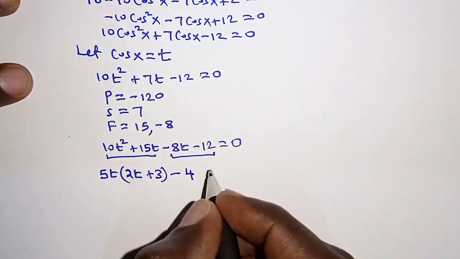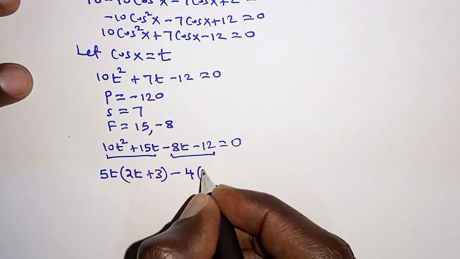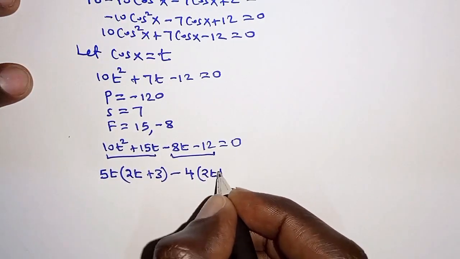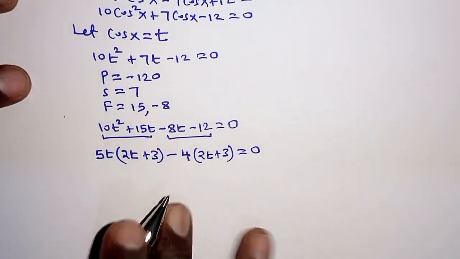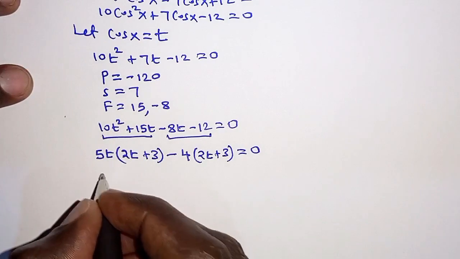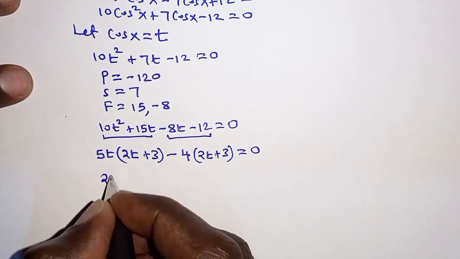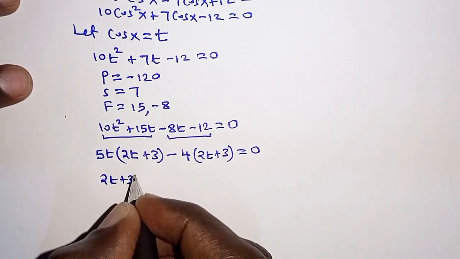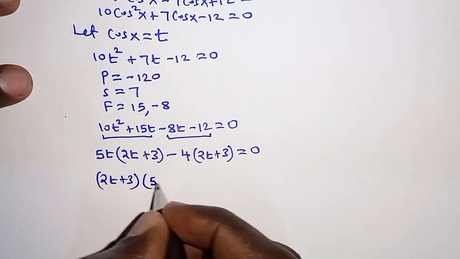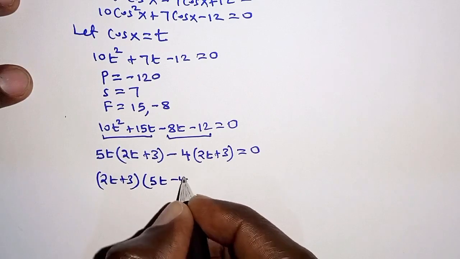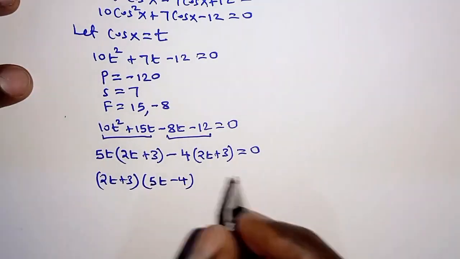So we have 4 into 2t plus 3 is equal to 0. So again, 2t plus 3 is common, so we factor it out, and then we have 5t minus 4 inside, and then